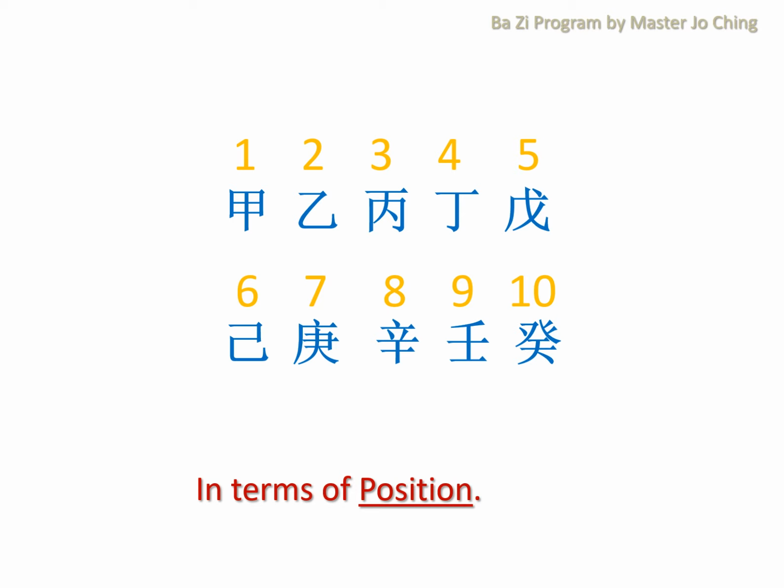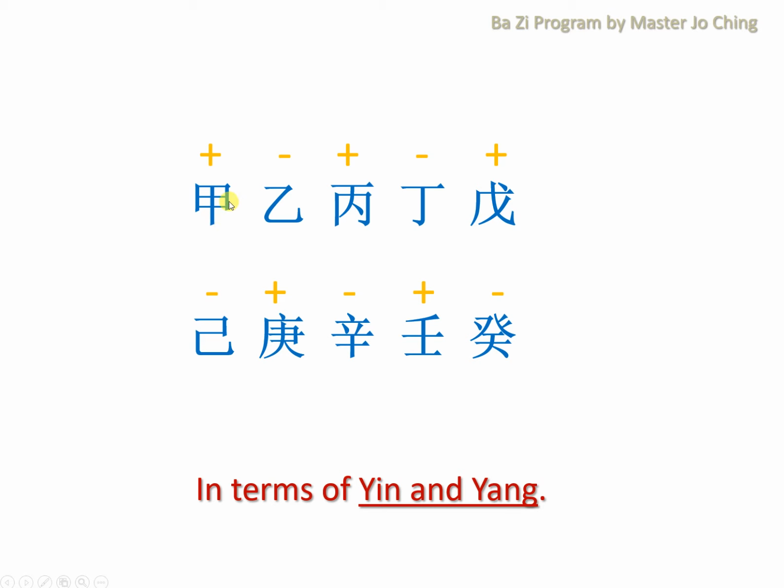In terms of yin and yang, because all the stems also have their own gender, male, female, yin or yang. I use a plus sign here to represent yang, and a minus sign to represent yin. So you can see that the number one position, we always begin with an odd number, yang. Then the second position, even number, is yin. And we go on. Yang, yin, yang, yin, yang. Go down. Yin, yang, yin, yang, and yin. So this you must memorize as a 八字 student.